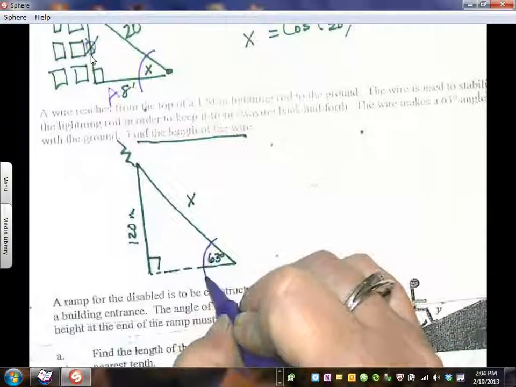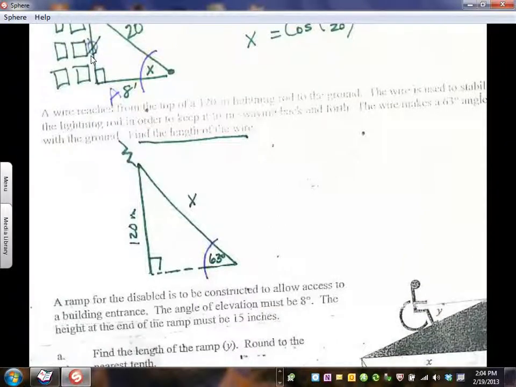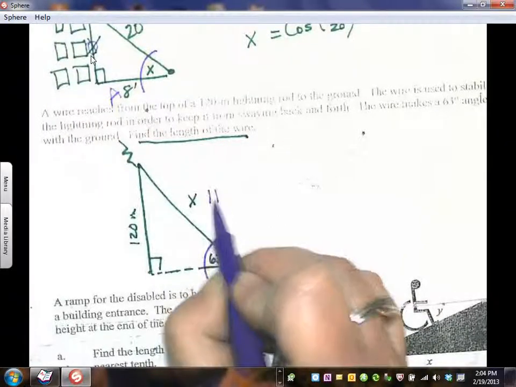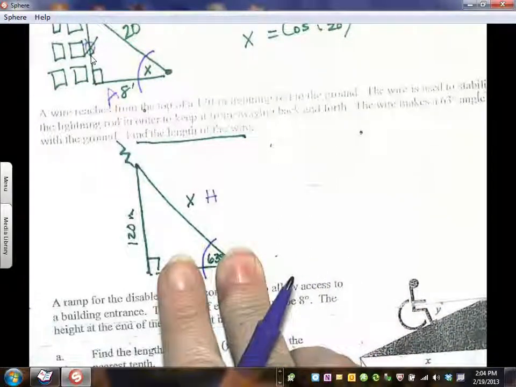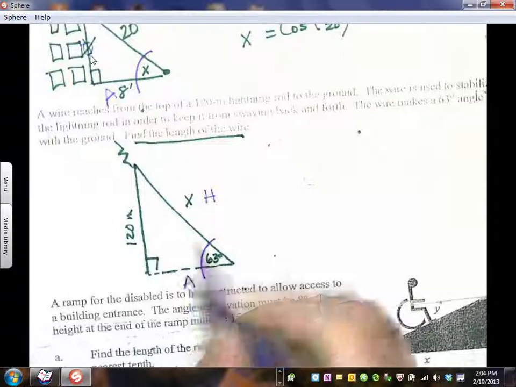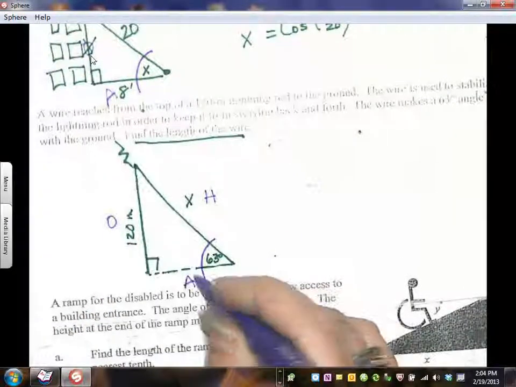There's my angle. Hypotenuse is across from the right angle. When I touch the vertex, I'm touching the hypotenuse and the adjacent. So this is the adjacent, and that is the opposite. I don't know anything about the adjacent,